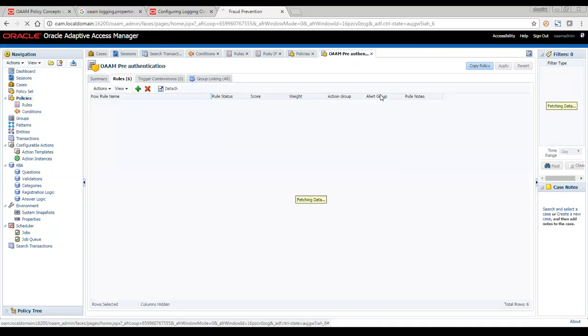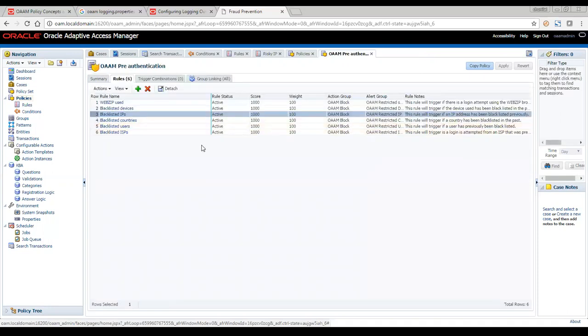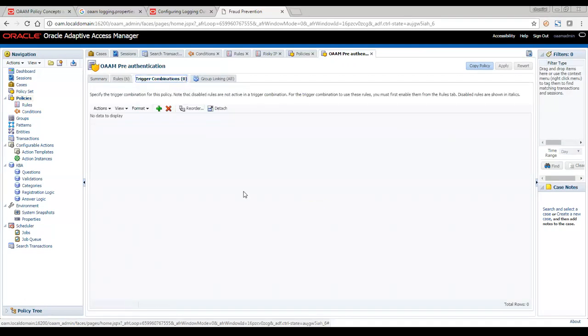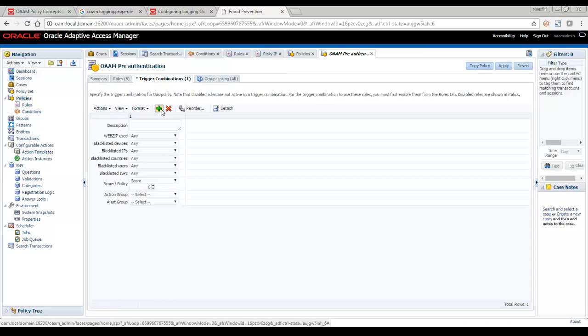Now it could be possible that two or more rules could hold true or be triggered. What you can also define is your own combination here. Whatever rules you have defined, the moment you say that you want to manage the combinations, this is the permutation and combination.